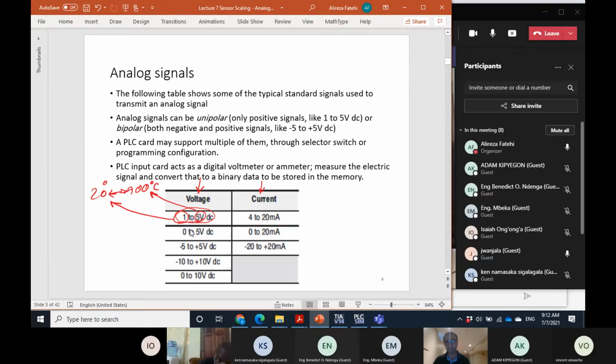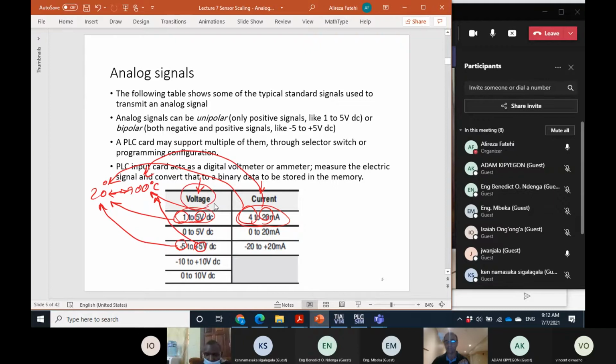Okay, or 0 to 5 volt, minus 5 to 5 volt. This can also be a current signal. So 4 milliamp means 20, and 20 milliamp means 900. There are some advantages to using voltage over current or current over voltage. I'm not going to go through the detail on that; we don't have time. But generally, as a general concept,